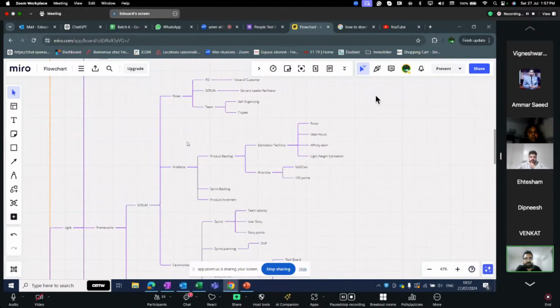And Scrum Master is a servant leader and facilitator, removing the impediments for the team and facilitating the team. The team is a self-organizing entity, they are generalist specialists. Then there are three artifacts of Scrum: product backlog. The product owner owns the product backlog, and he prioritizes the